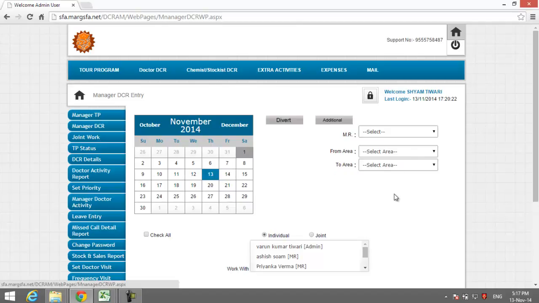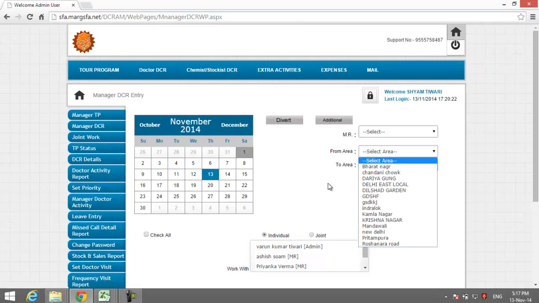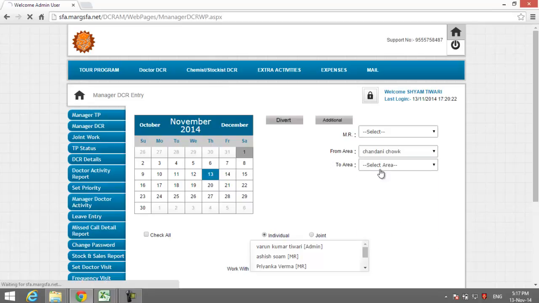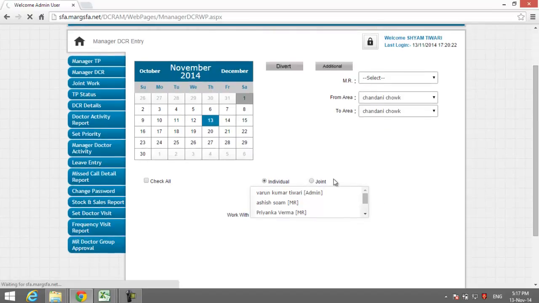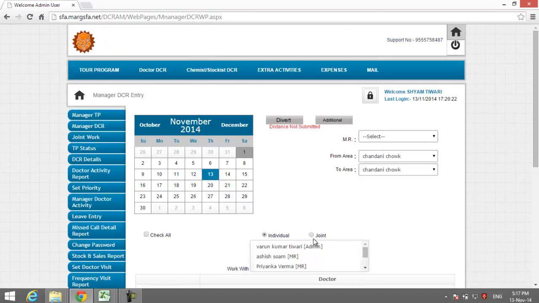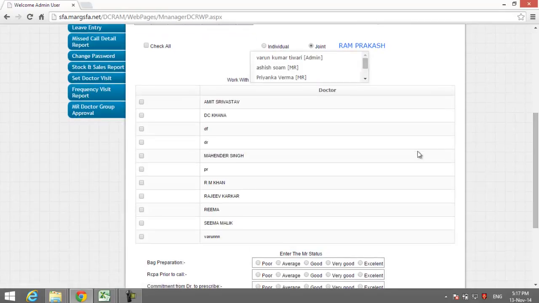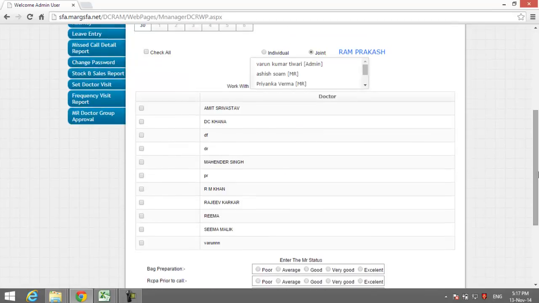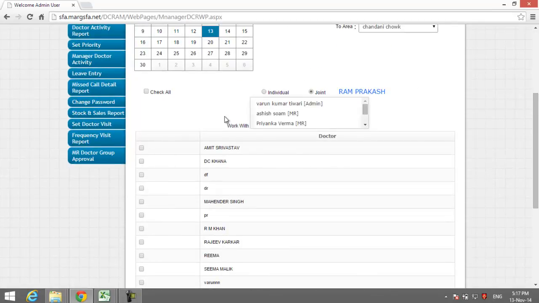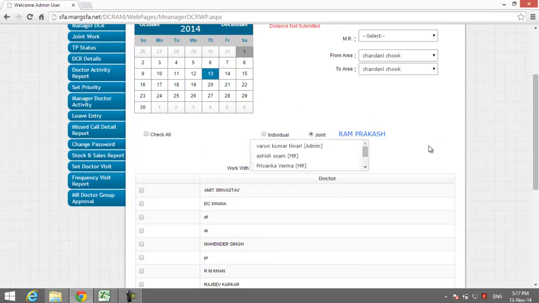So all the areas will come, those that are reporting to me. Like I am selecting Chandni Chowk and two areas, and I have to select joint visits. So the name will come. As you can see, Mr. Ram Prakash's name is reflecting here, and Mr. Ram Prakash's area doctors are reflecting here. If I want to do joint work with Mr. Ram Prakash, I can select join. Automatically Ram Prakash's name will reflect. I am selecting the doctor,